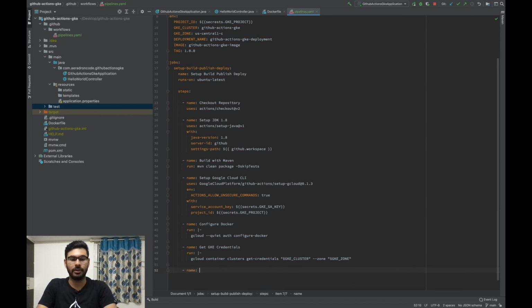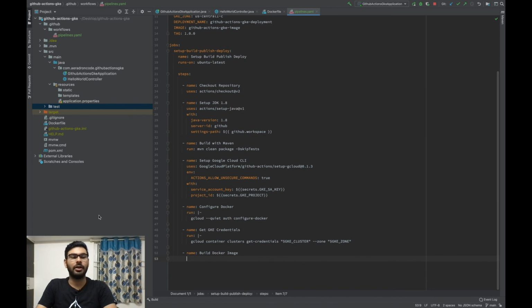So again, we'll name it build Docker image, and to build our Docker image, we have a simple command that we will be using, and this is the command. So for our case, we won't be providing any passwords and we don't have any build arg.